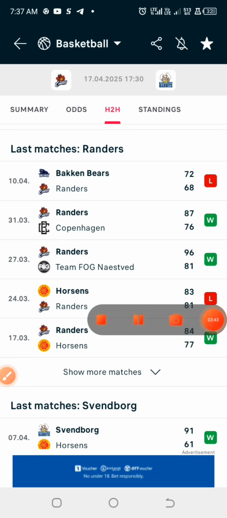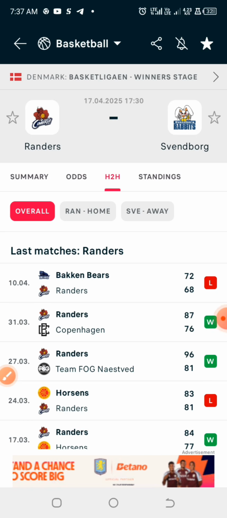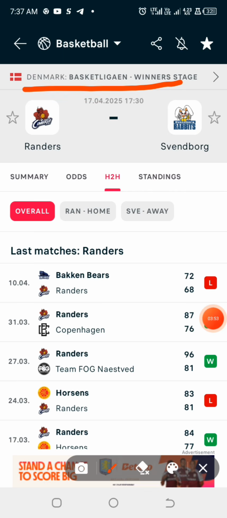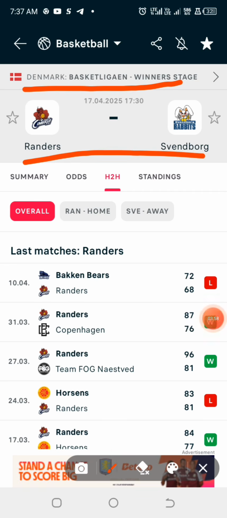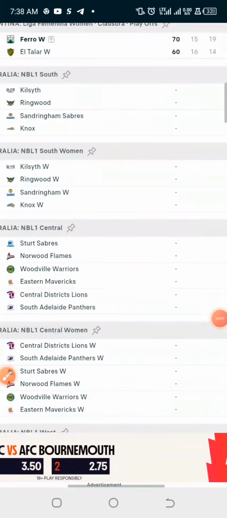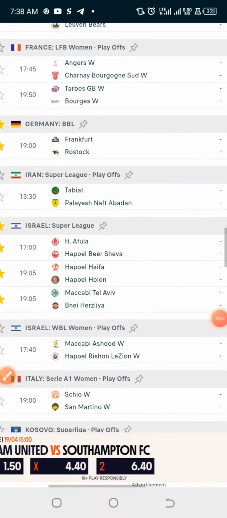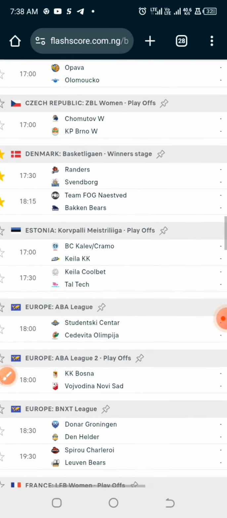In order to make things fast, I'm going to copy the last 5 games for each team and their head to head alone for now. So we are going for this particular league and this particular match. Now let us go to Chrome.